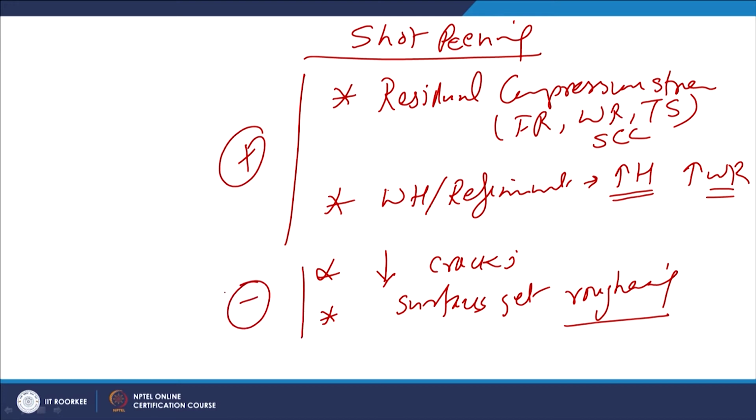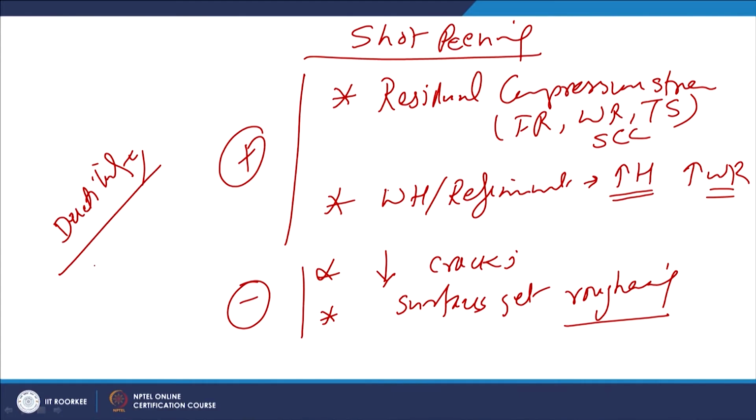So, we must be careful with regard to the negative effects also, whenever efforts are made to enhance the surface properties for improved mechanical as well as wear performance through shot peening. And it cannot be applied to all categories of materials, especially the materials which show some kind of ductility and deformation tendency at the surface, only those are subjected to shot peening.